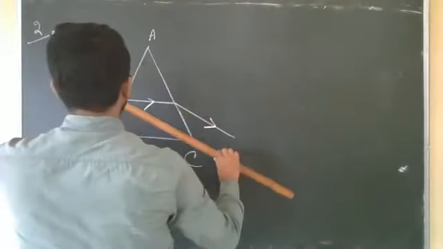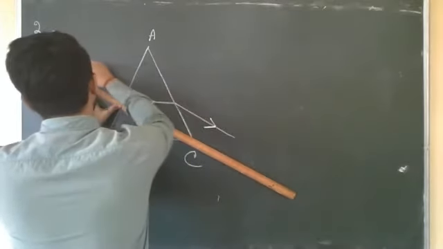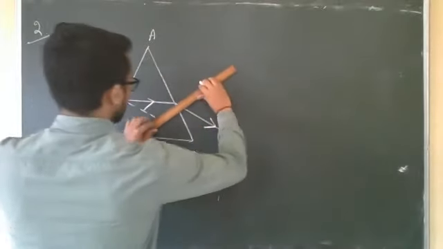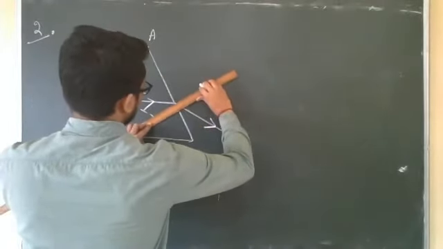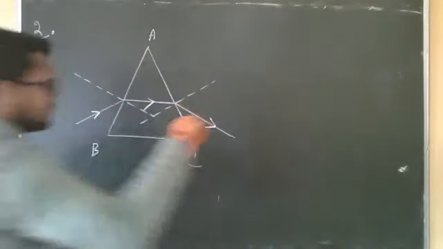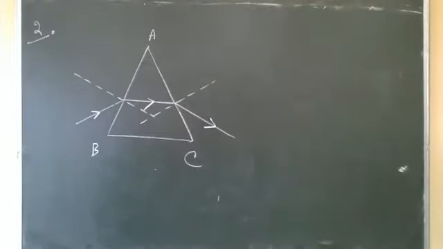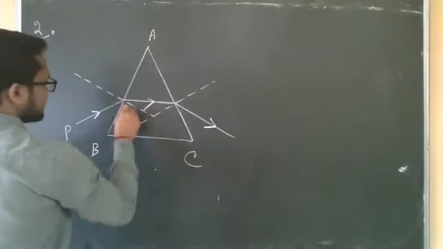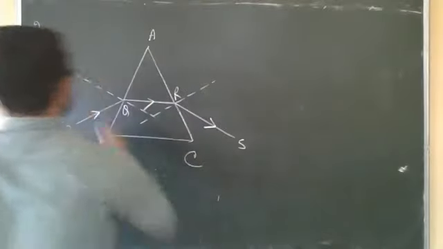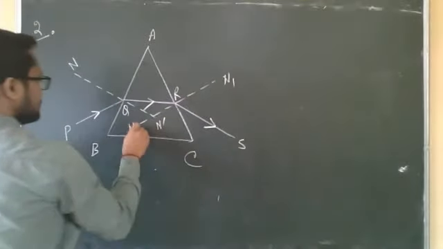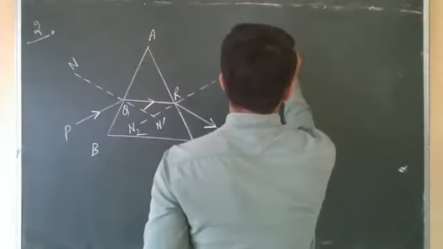Now draw the normal at the two surfaces. Draw the normal. Okay, drawn. Now you have to show, in question number 1, label the incident, refracted, and emergent rays. You can write by giving them P, Q, R, S. Give names to the normals N, N prime, and N1. After that, at the side you write PQ